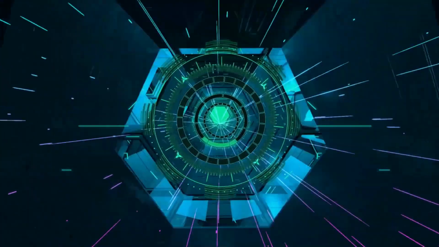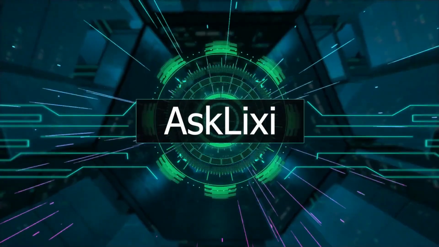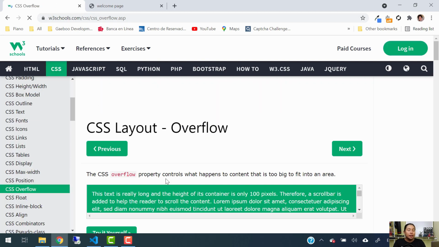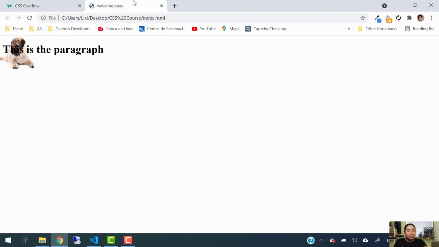Okay, so let's get started. To get started with the CSS Overflow property, I need you to go to w3schools.com. Go ahead and open the CSS section and scroll all the way down to where it says CSS Overflow. Same thing, I need you to have open the website we've been working with so far and the code that